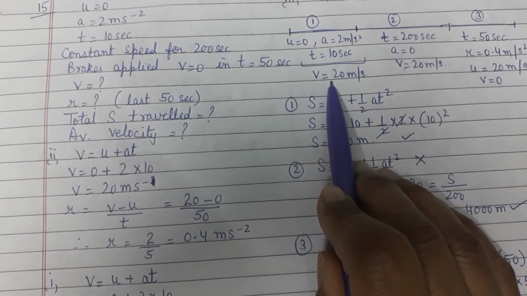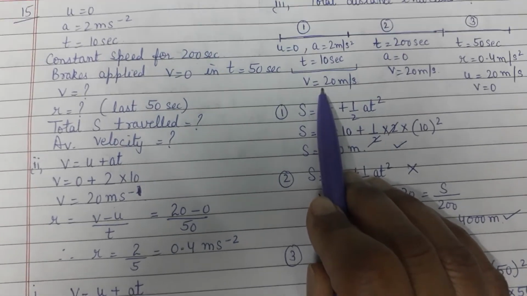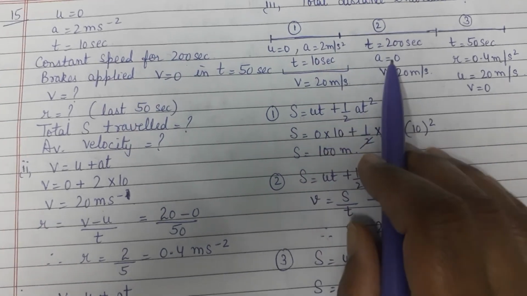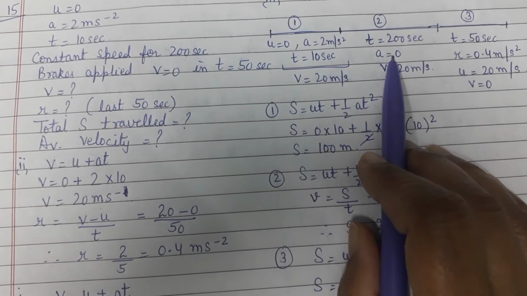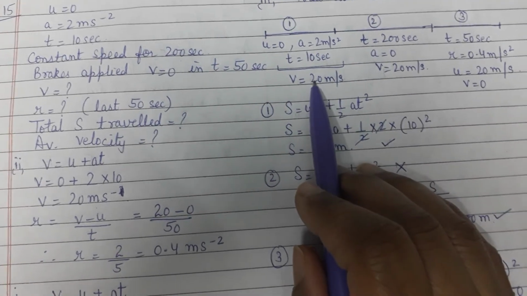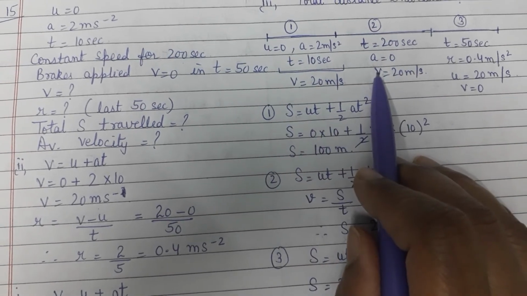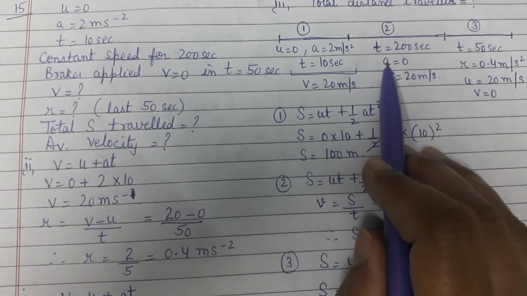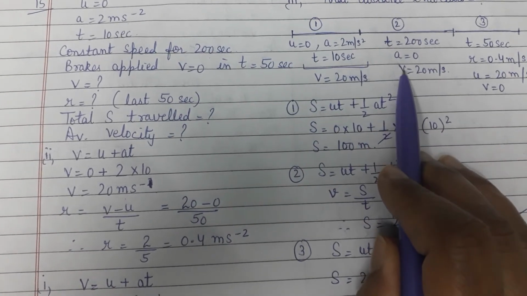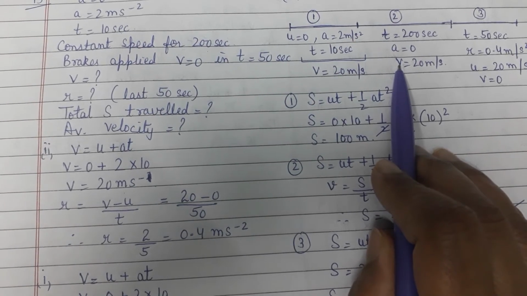So this is found by us, right? Now when the value of U is 20 meters per second, in the second slot it has been mentioned that the train continues to move with that speed. So the train continues to move with the speed of 20 meters per second, right? So we have A, T and V in the second slot, and we need to find out the value of retardation. So I'm going to use the formula R is equal to V minus U by T.